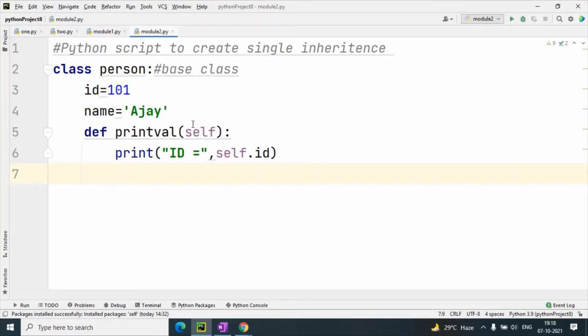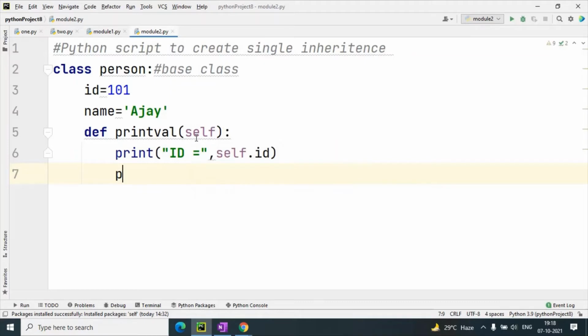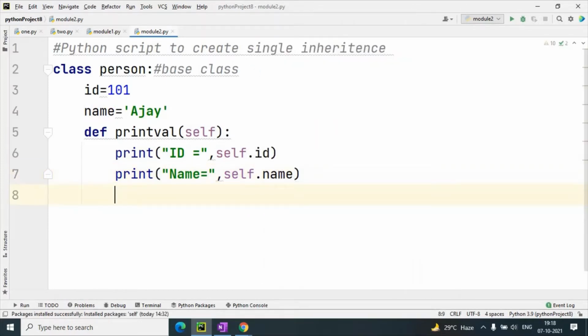Everyone understand what is the meaning of self? What is the use of self? Please give reply. This is name. So this is our base class.